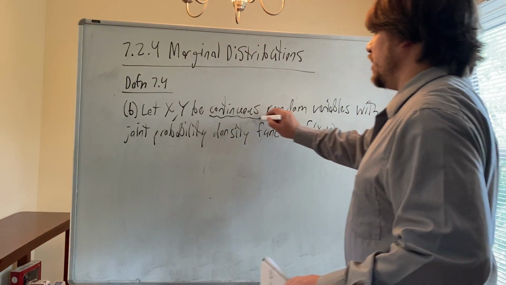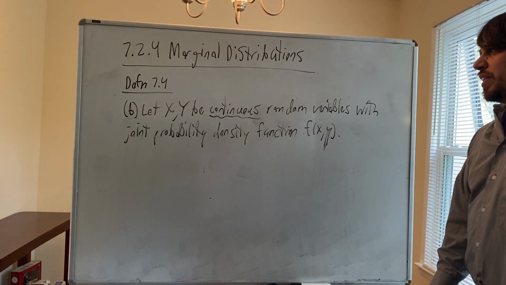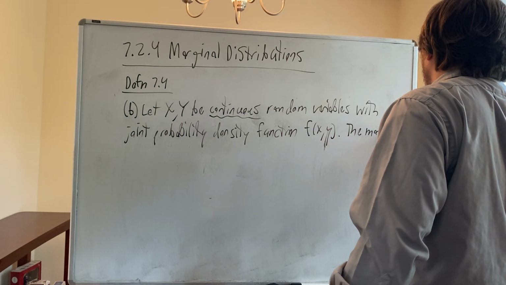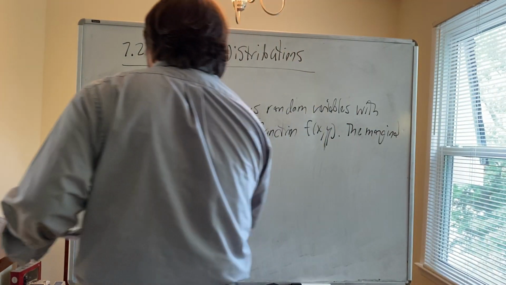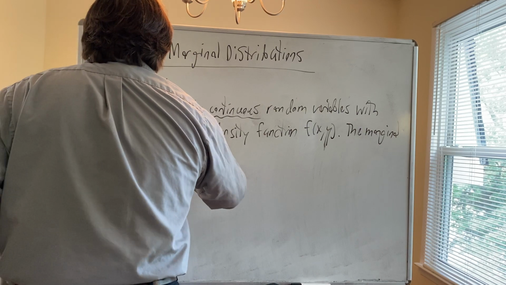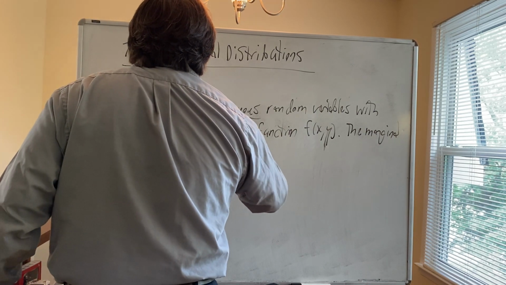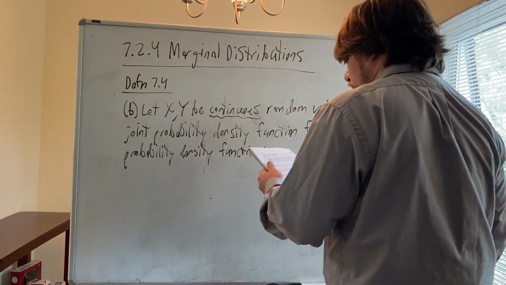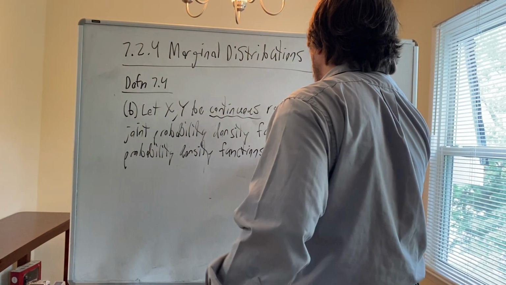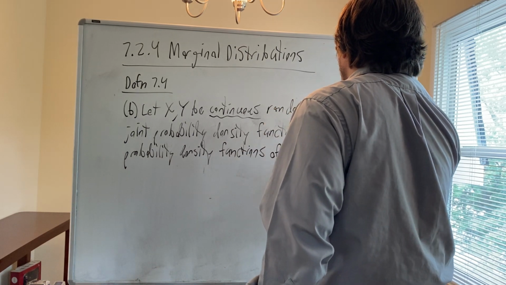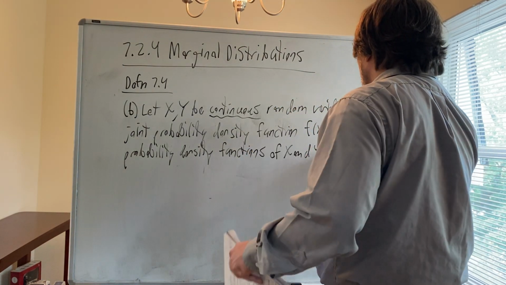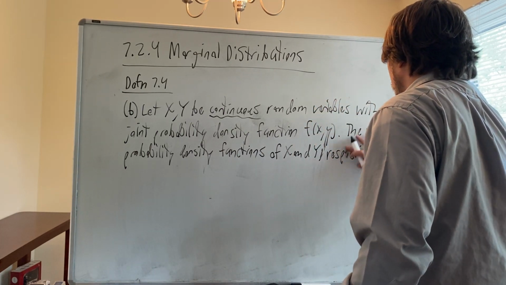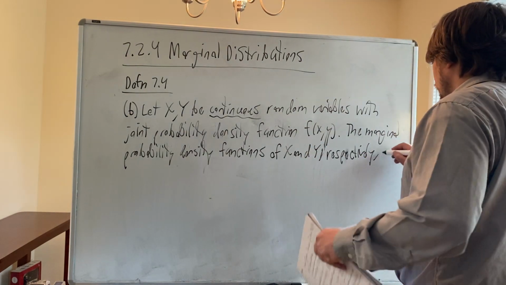Now look, so now it's continuous. In A it was discrete, now it's continuous. So the marginal probability density functions of X and Y, respectively, are